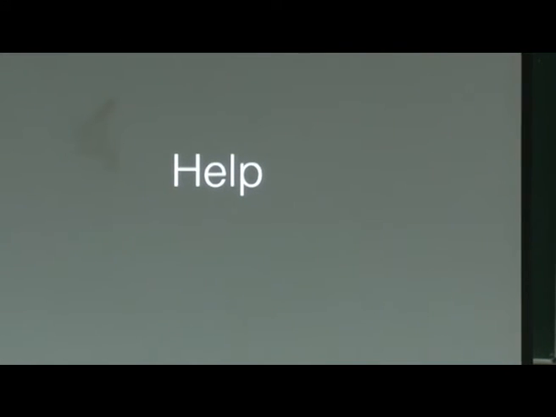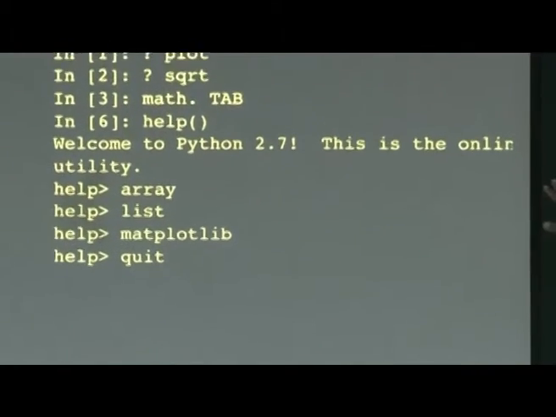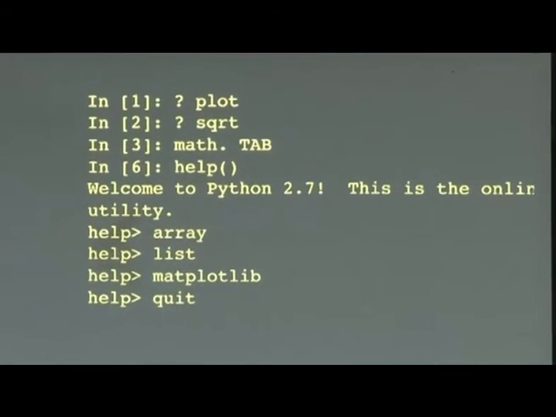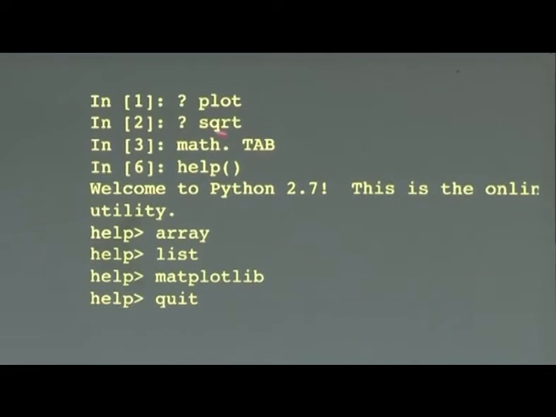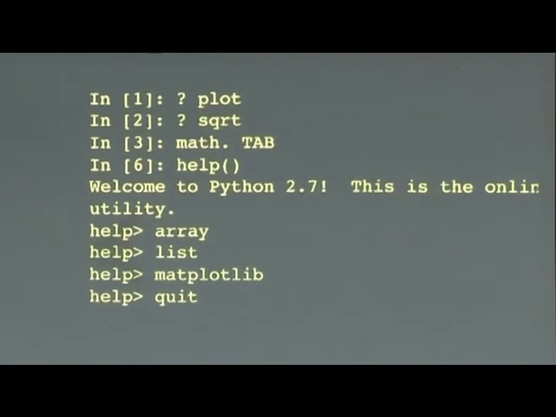Okay. Now, the last thing is help. So, Python has a very good online help. It will be part of your IPython. I can go to the terminal and do it, but I will just tell you from here, you will save time. You can put a question mark, people are using it. You put a question mark and the function name, you will get details about that. So, let us just do it quickly.